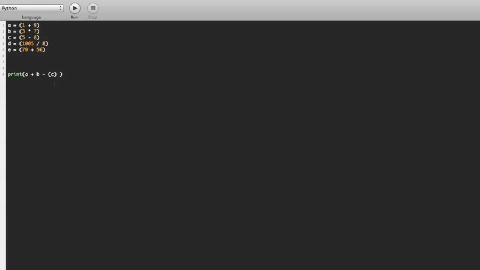So what this is saying is that it's going to print A, which we know is 10, 1 plus 9, plus B, so 10 plus B. Well, what's in B? It's 3 times 7, that's 21. So B equals 21, so it's doing A, which is 10, plus 21, which is 31, and then it's going to take away whatever the equation of C is, and C is 5 minus 8, which is minus 3. And so what that's going to do, it's going to minus 3 from